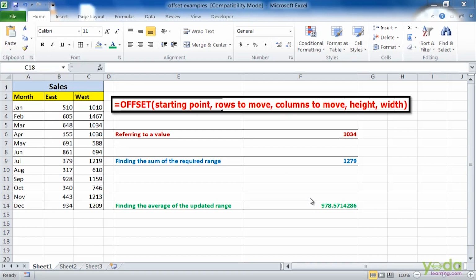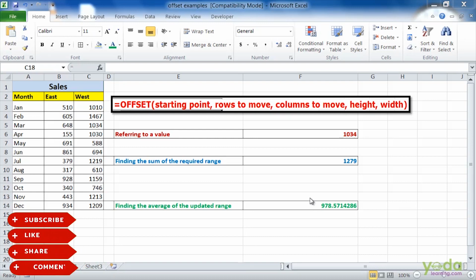So why not directly write the reference and give the reference of a particular cell? Then why should I use the offset? I can mention the reference like A1 to C4. It always refers to the range A1 to C4, that is, it is static. But sometimes we want our range to be dynamic. This is required because our data is changing. Every month, a new row is added. Every time we launch a new product, a new column is added, etc.